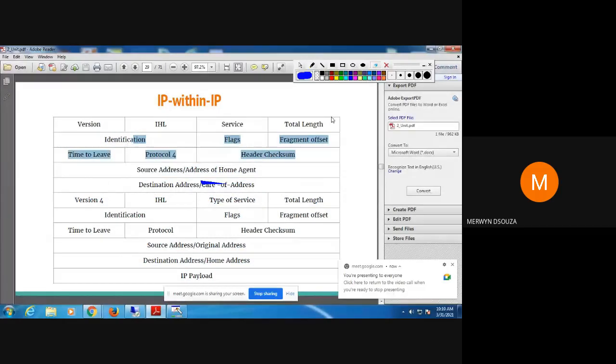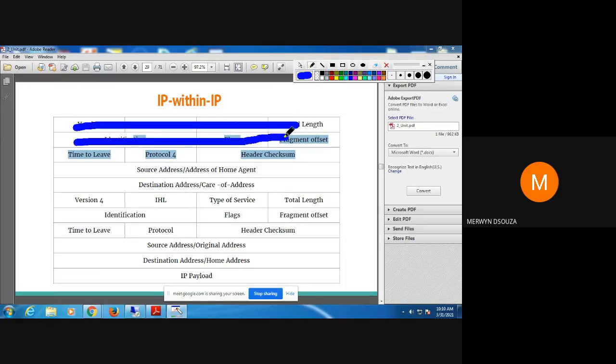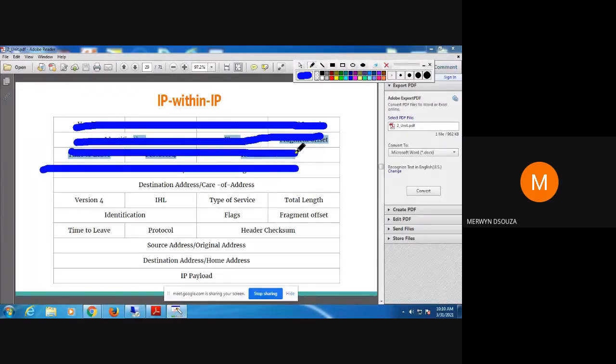See, the original packet that is being sent by your CN is only this much. The original packet does not have all of this. Your IP packet format, you can check in your CN notebook, is only this much. This is the original packet that is being sent by your CN.